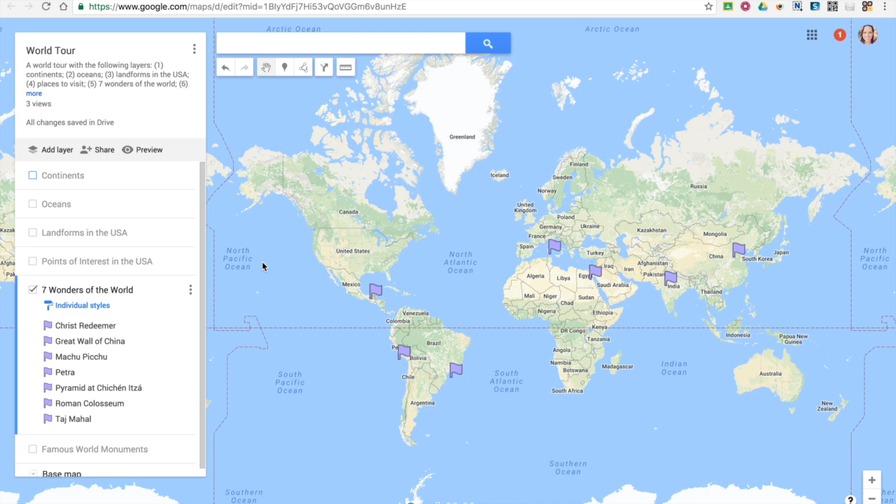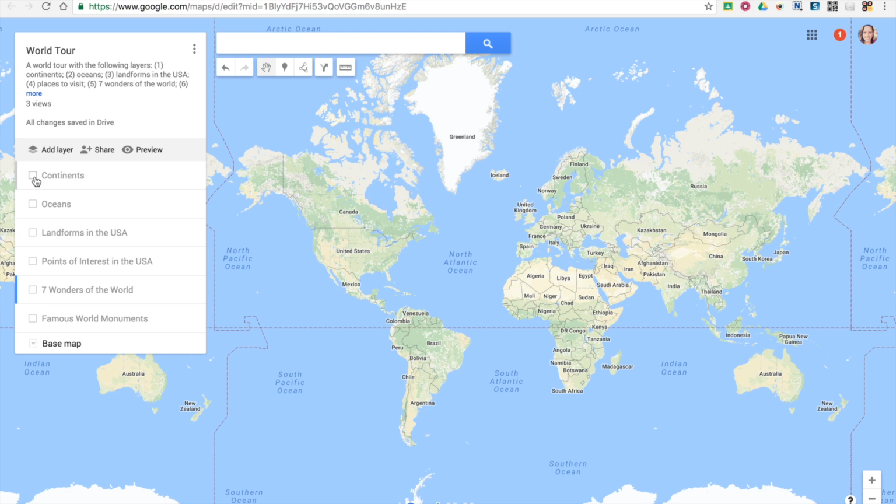Now that we have looked very closely at the layer, the 7 wonders of the world, and we've looked at adding layers, and how to add markers, and how to add directions, we're going to take a little bit closer look at this one missing piece here called draw a line. So I'm going to take off my 7 wonders of the world, and I'm going to come up here